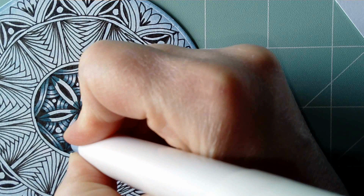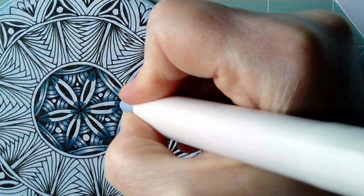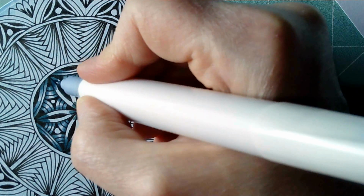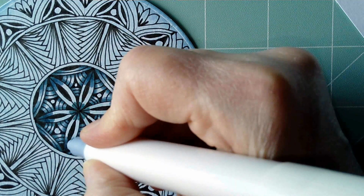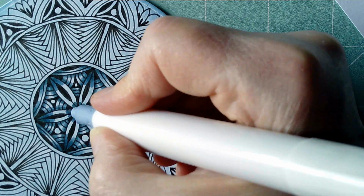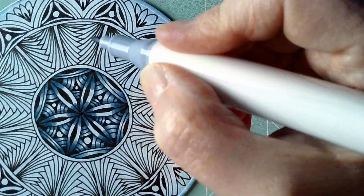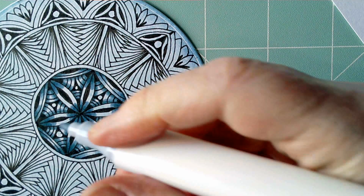Just to bring the highlight out, so hopefully you can see what I'm doing while I'm zoomed in here, that my hand isn't getting too much in the way. But you can definitely see what's going on, so I am just adding some alcohol markers, the slightly paler one, and I'm blending it over the darker one, because that darker one is just that little bit on the